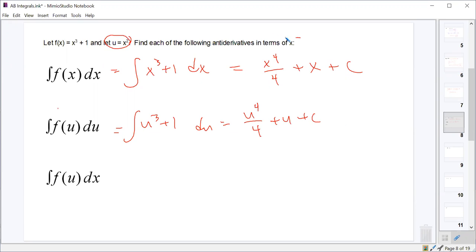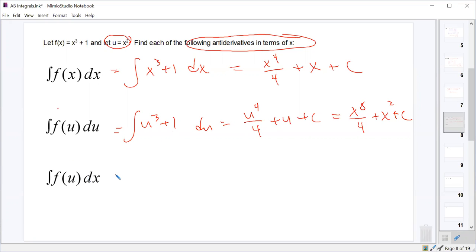But what did it say we wanted to do? We wanted to put them all in terms of x in the end. So what does that actually become if I put that in terms of x? X to the 8th over 4 plus x squared plus c. And we'll note that the variables here made a difference because u equaled x squared caused a change here. But for this